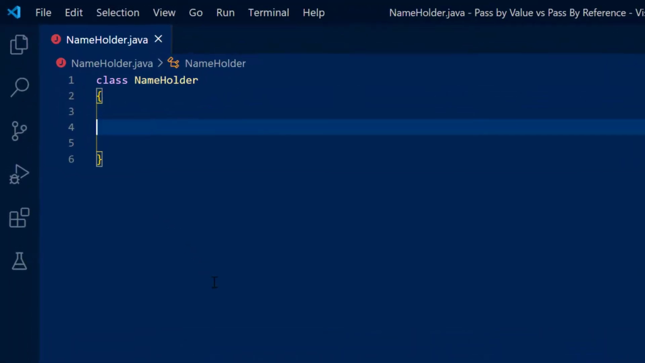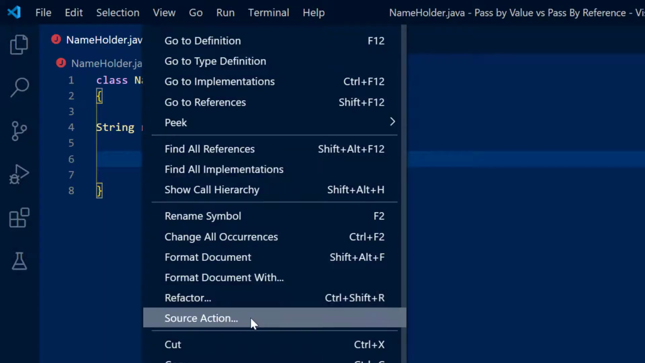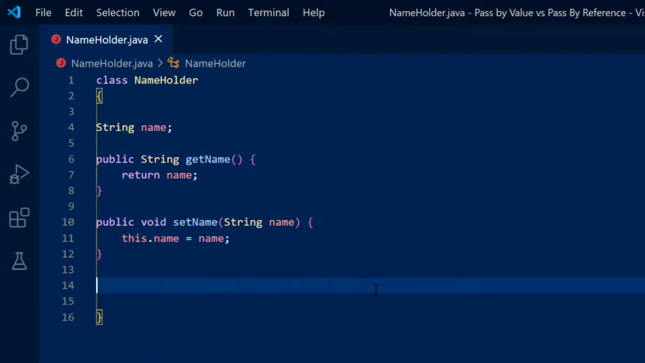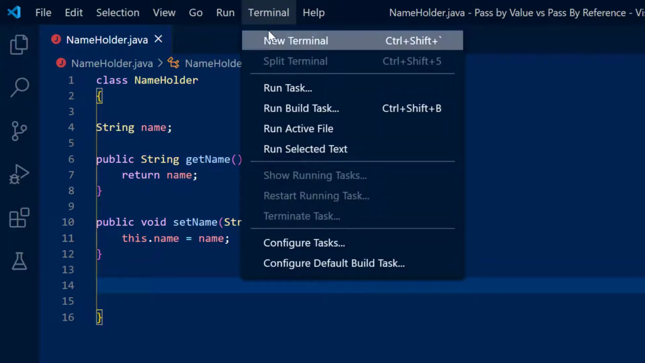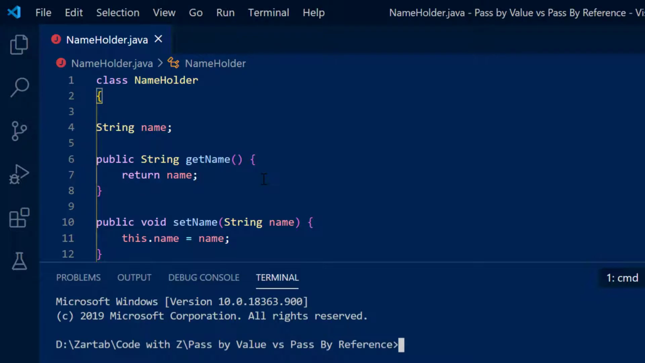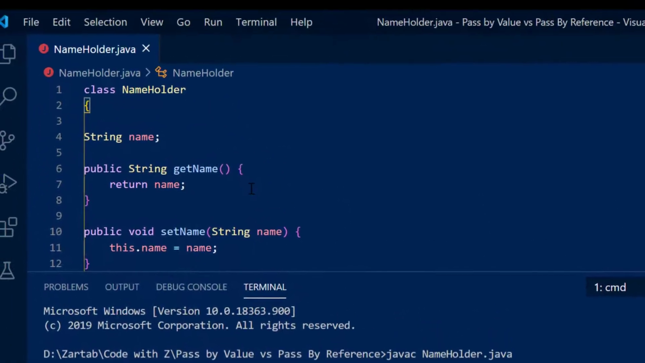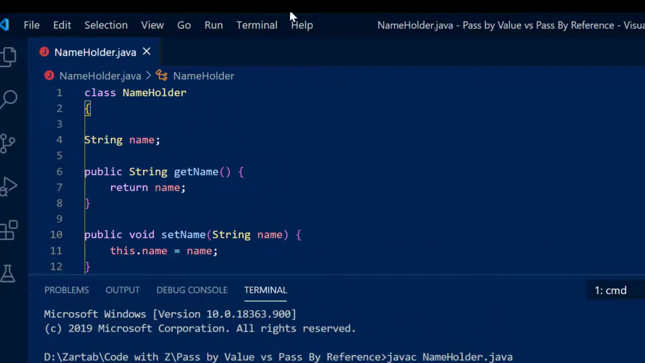I have got a class named NameHolder. I'm going to just say String name, and put in some setter and getter methods here, so that I can understand what exactly is happening. I'll start my terminal and just say javac NameHolder.java, and now I'm going to create a new class